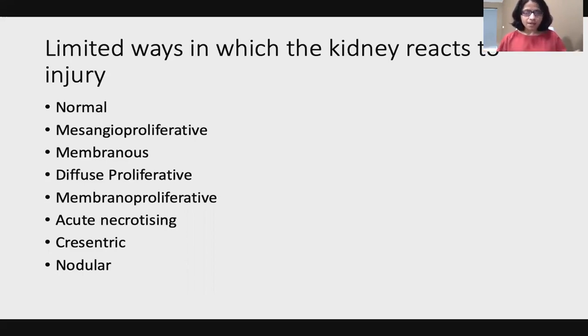Just to give you a hint, a membranous pattern can be seen in a primary membranous glomerulopathy where the patient has circulating factors causing membranous disease. It can be seen as a part of the pattern in lupus nephritis. It can also be seen in patients who have certain conditions like malignancies. They can all produce a membranous pattern. So the membranous pattern itself just means it's a particular appearance under the microscope, and it does not mean the pathology in itself.